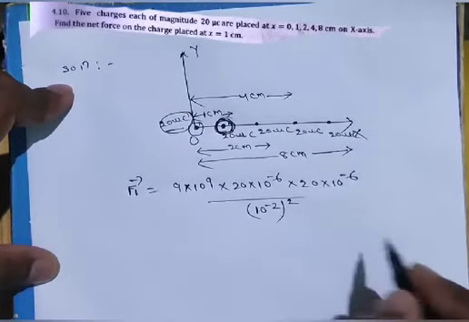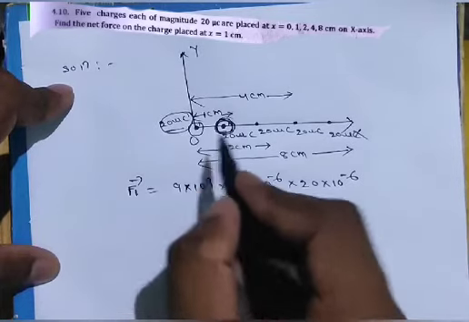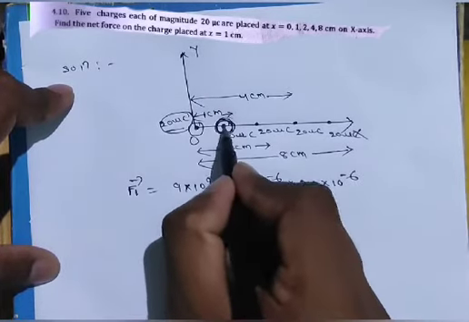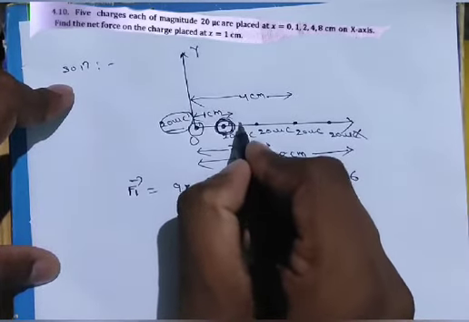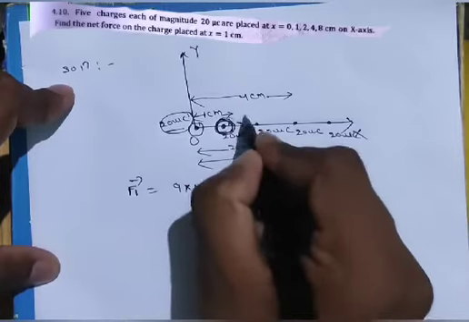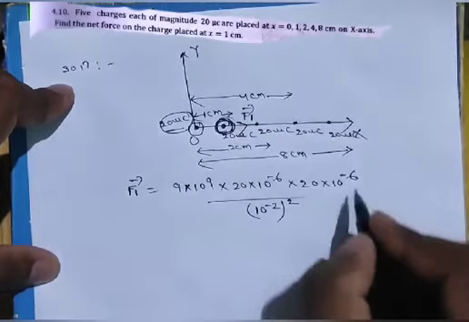So it's simply squared, and it will be directed along F1. This is positive, this is positive, so the force of interaction will be repulsive and will act along this direction,